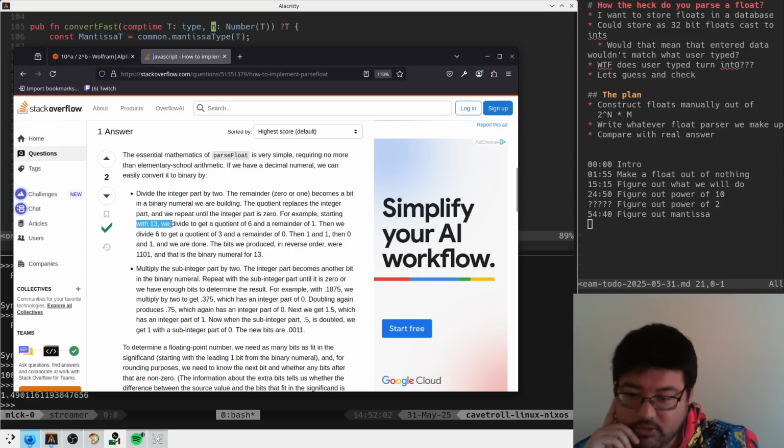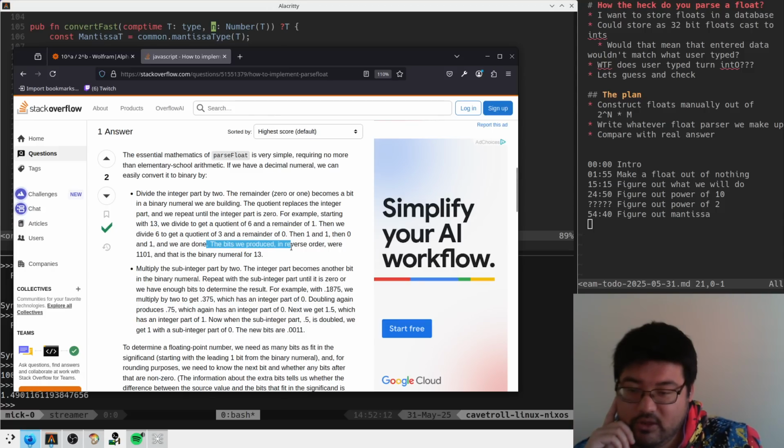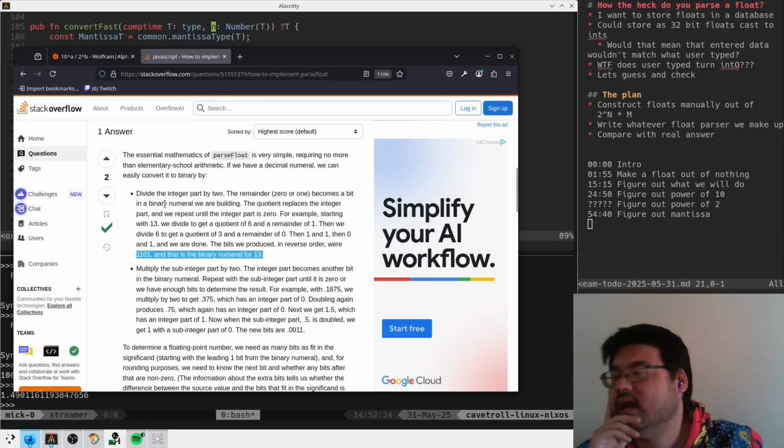So for example, starting with 13, divide by 2 to get 6, right? Because 6 times 2 is 12. Remainder of 1, then we divide 6, and so on. So then the bits we produce were this. Oh, so you can kind of buffer the binary string somewhere. I guess you can